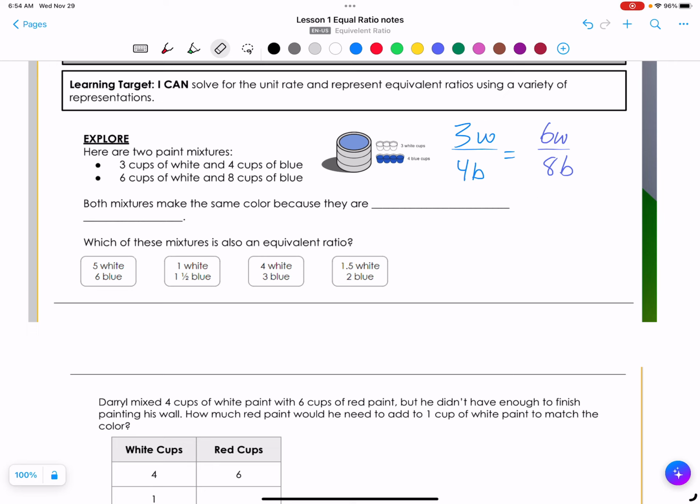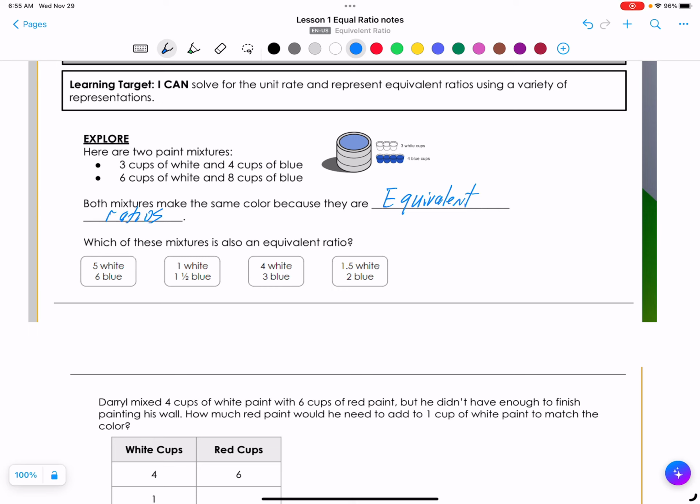Let's check it the other way. We talked about this yesterday. Cross multiplying. That is 24. Going this way, that is also 24. So they are equivalent or equal. So our sentence says both mixtures are the same color because they are equivalent ratios